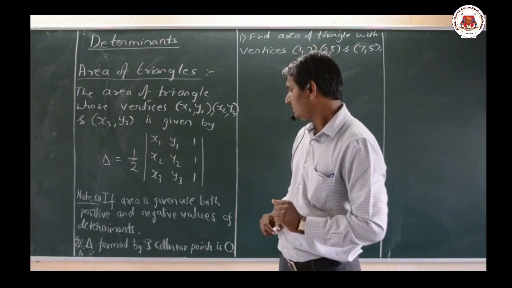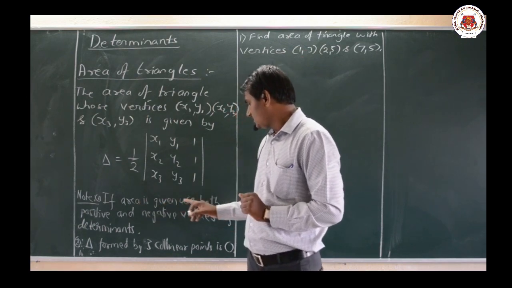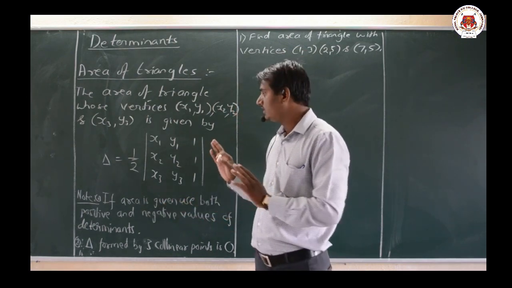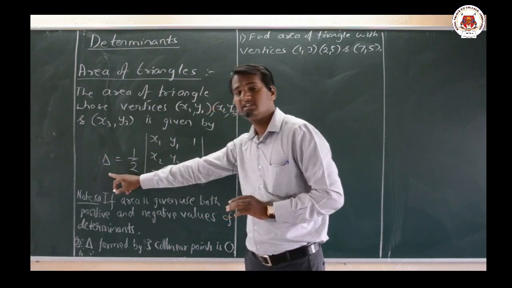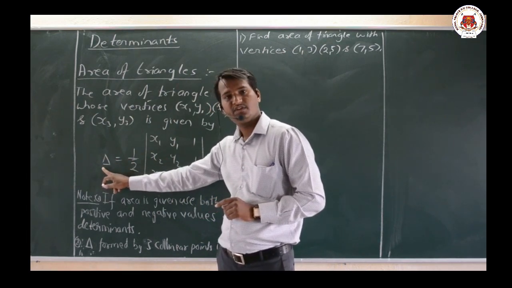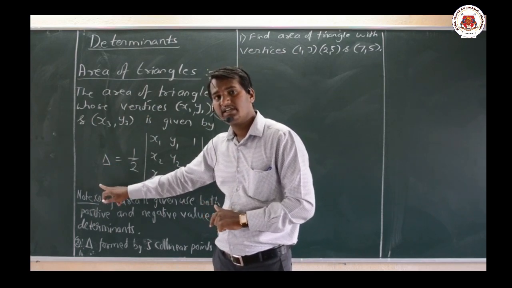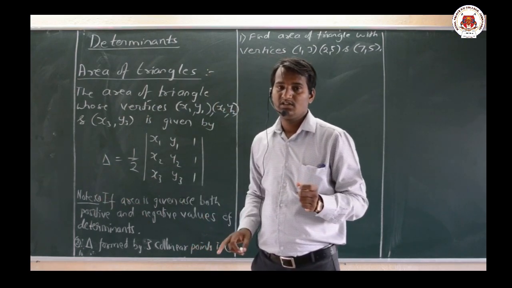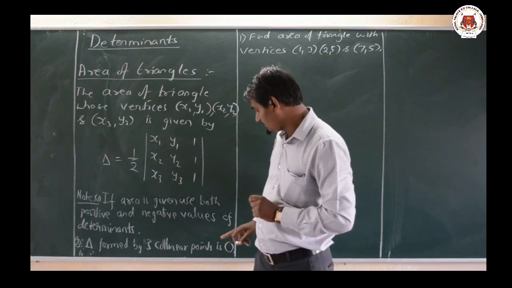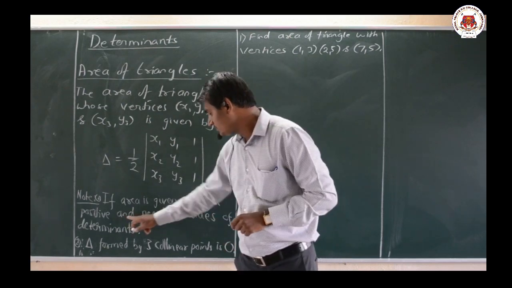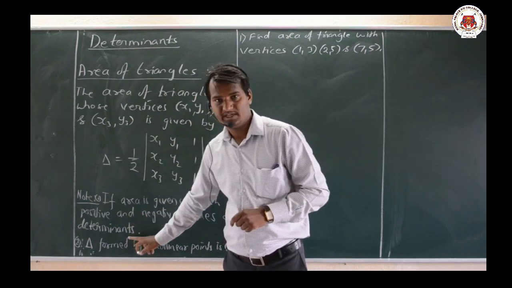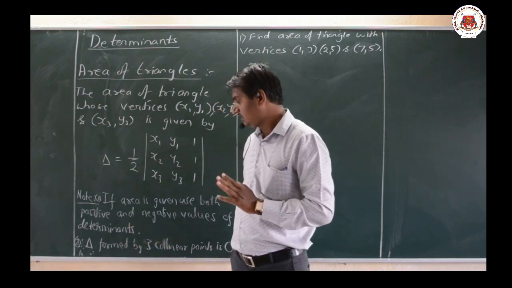The second thing is, if the area value is already given, we denote the area of the triangle by del. If the value is already given, I will take it as plus or minus. I will take both positive and negative values of the determinant. Note this one. And the last one is